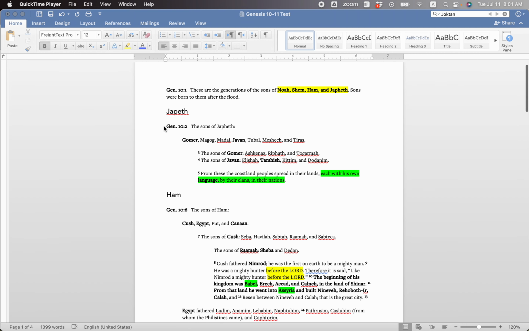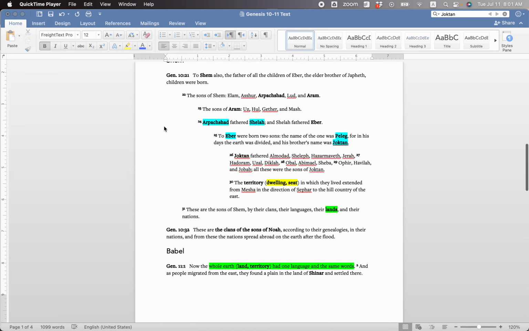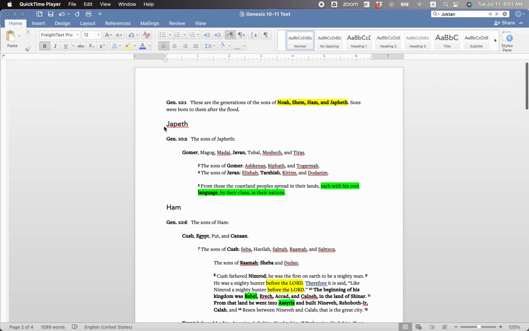This text, Genesis 10 through 11, has some challenges, and part of the challenge is just understanding that it's not obvious on the surface how it's laid out. It's also hard to track all the names because it's genealogy. And so what I did was I